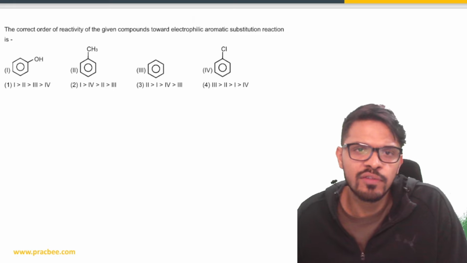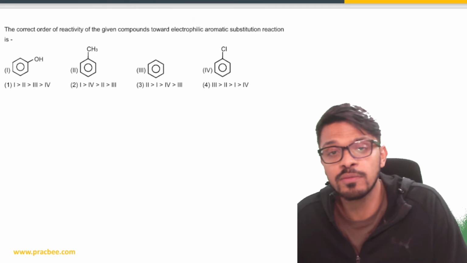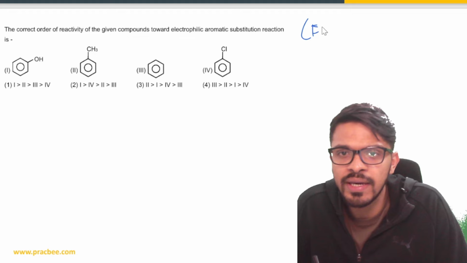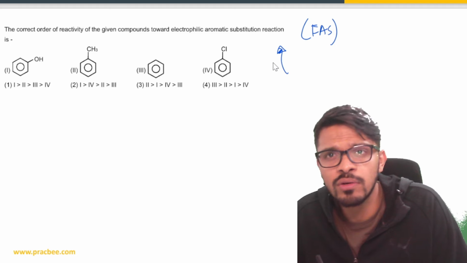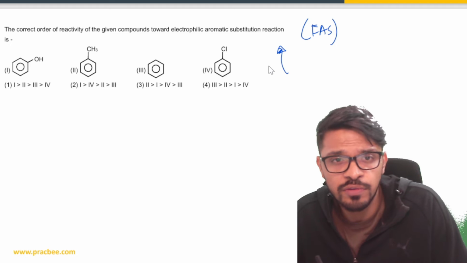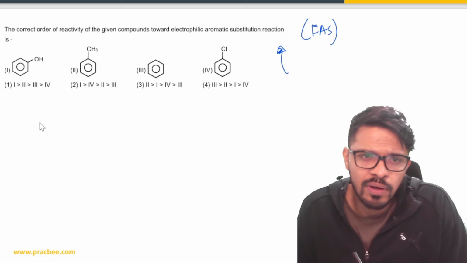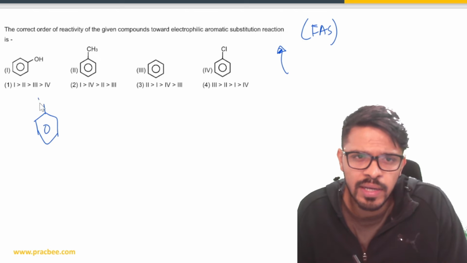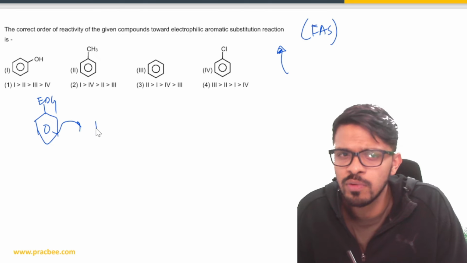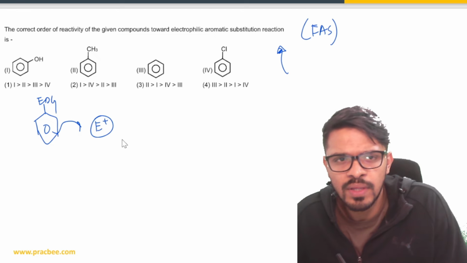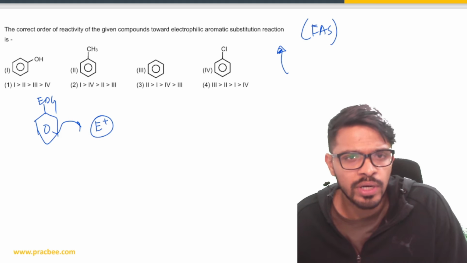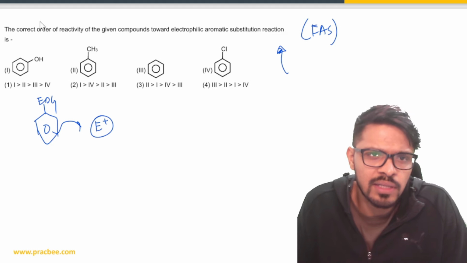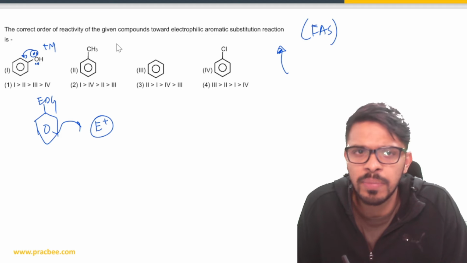The order of reactivity of the given compounds towards electrophilic aromatic substitution. So basically they are talking about EAS. We already know, I think there was a similar question in the 31st January shift 2 paper as well. If our benzene ring has an electron donating group, it would be electron rich and it will easily attack an electrophile. So what I need is a better electron donating group, and I can say the better electron donating group is phenol,